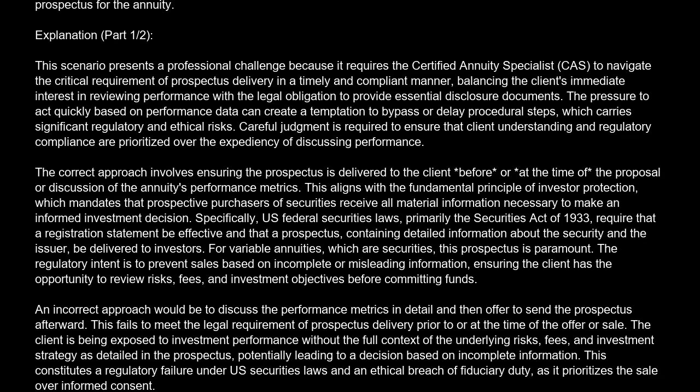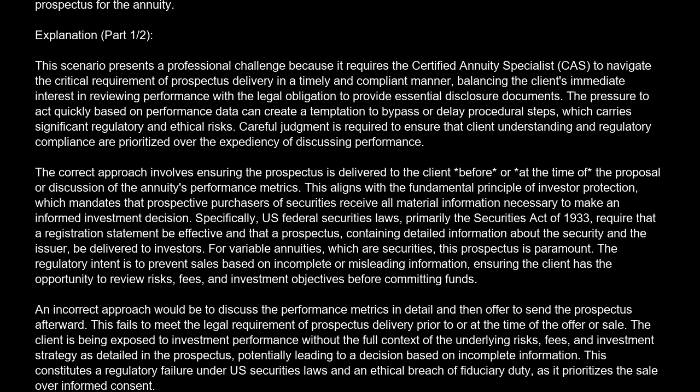The correct answer is D. Immediately discuss the performance metrics in detail, highlighting the positive trends, and then offer to send the prospectus for the annuity. Explanation. This scenario presents a professional challenge because it requires the Certified Annuity Specialist, CAS, to navigate the critical